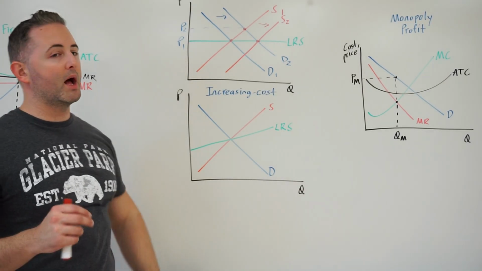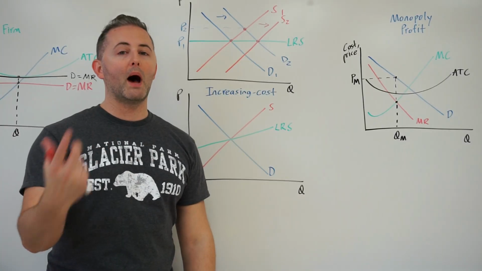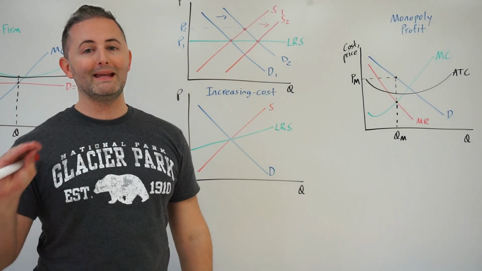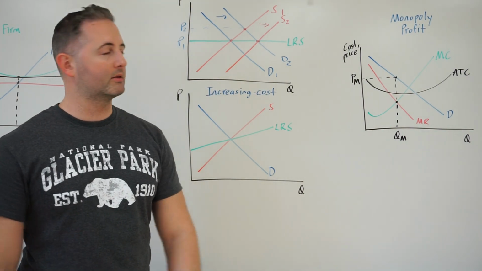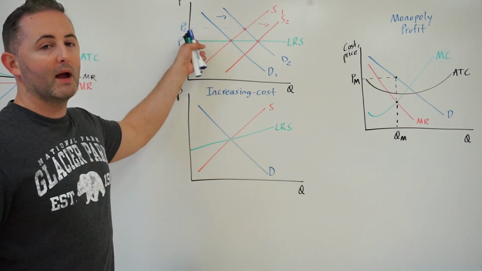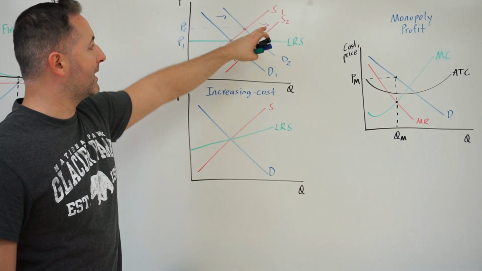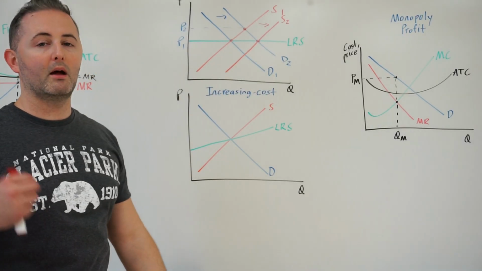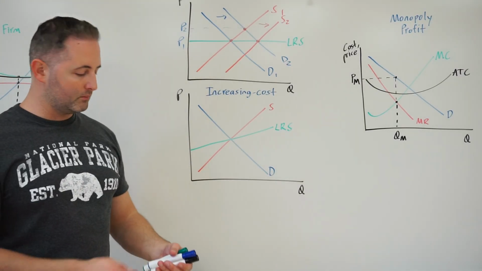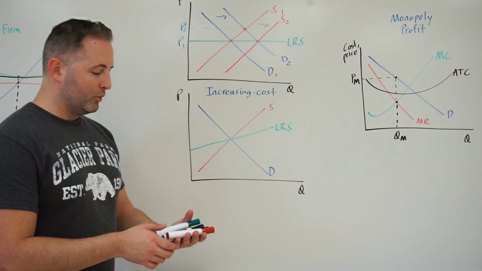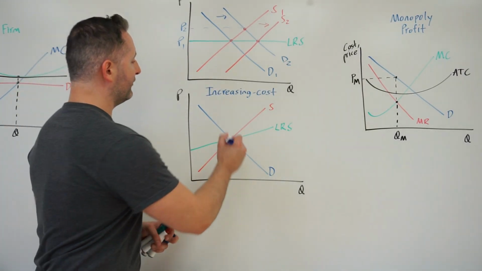So the idea here, again, with constant cost, is that the firms are buying their inputs in perfectly elastic models, meaning that as their demand increases, it does not affect the price. So the cost of buying those inputs doesn't rise, so supply perfectly gets our price back down exactly to where it was. In the increasing cost model over here, we see this very similar, the difference, so we see demand